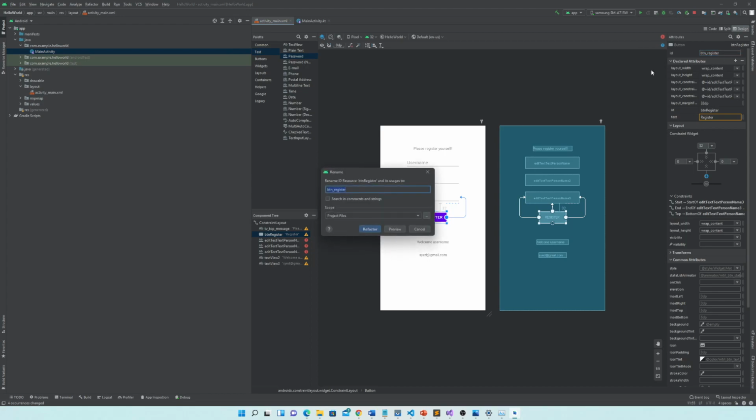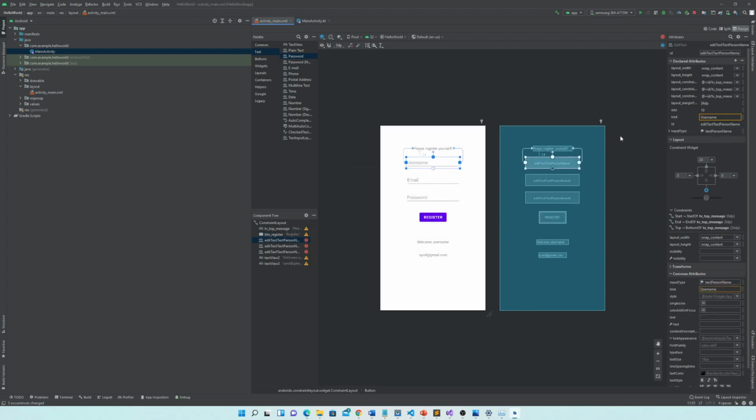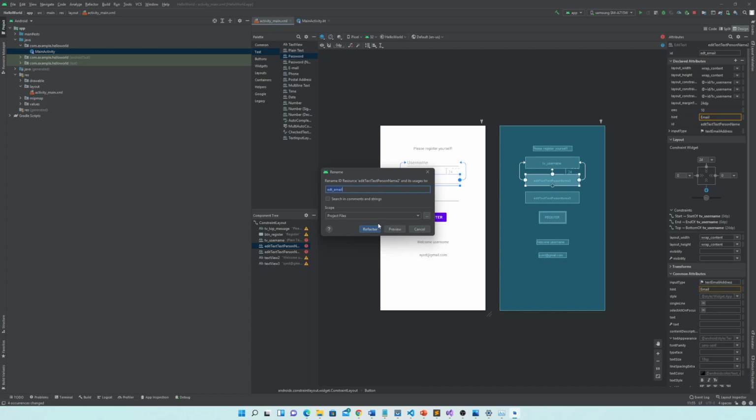Okay, so I'm just changing the id because I want to use a useful name for the id, which is relevant to the field. Username, tv underscore username, tv underscore email. Actually it's not a tv, it's edit text, so edt email,